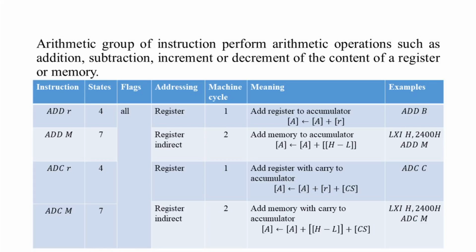Next we have to look at two instructions, ADC R and ADC M. ADC R means add the register with carry to accumulator. This means that when we execute this instruction, we add the content of the register with the accumulator and carry. So we have to take the content of the carry